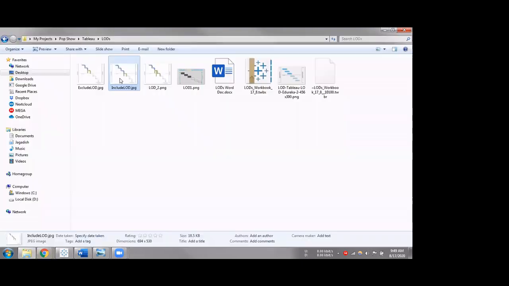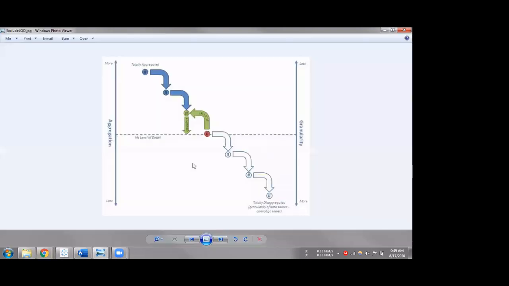Let me open this one as well. So yeah, this is the excluded one. Basically, here the visualization level of detail will exclude one particular level of detail, and whatever value is there, just as we saw, it will duplicate that value to all the regions.